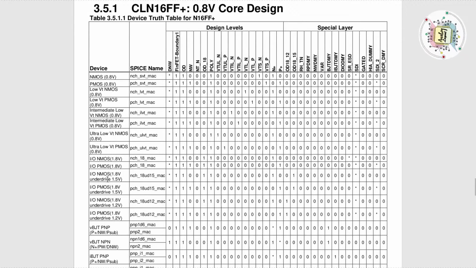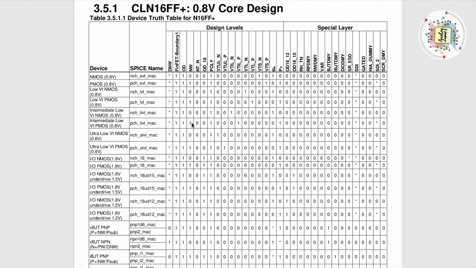For example, we'll go to the PMOSFET device. We'll go to the intermediate low voltage device. So this is our intermediate device. In our previous slides we discussed that there are multiple types of devices available in FinFET. So we'll discuss this intermediate low VT PMOSFET device. If the foundry wants to fabricate this VT PMOSFET, which is 0.8, they need fin boundary, they need OD, and they need N-well.